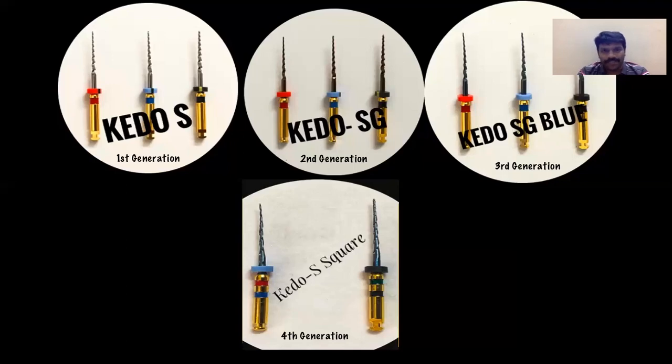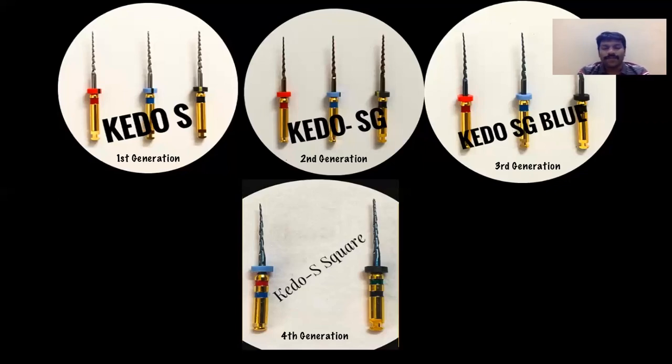VV taper means every file has a different taper which is matched with the root canal morphology of the primary teeth, so that the preparation is easy without any lateral perforation. At the same time, coronally it enlarges more so that your obturating material flows easily inside the canal. The concept of this Kedo system is, apically it will prepare less, coronally it will widen so that your material can easily flow in. This will avoid the lateral perforation which happens with the existing adult file systems. That is the beauty of this Kedo file system.